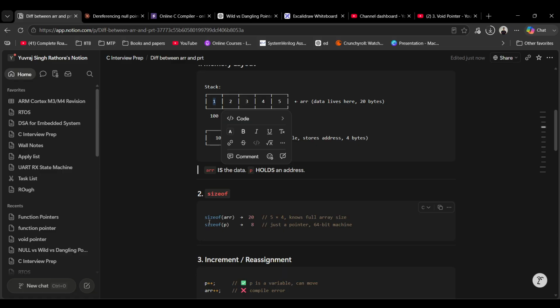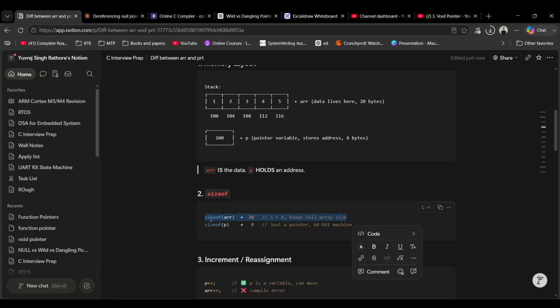The major difference comes here when you use the sizeof operator. The sizeof operator behaves very differently for ARR and P. If you go for sizeof P, then it will be 4 bytes, because it's just a pointer on a 32-bit machine, and if it is a 64-bit machine,